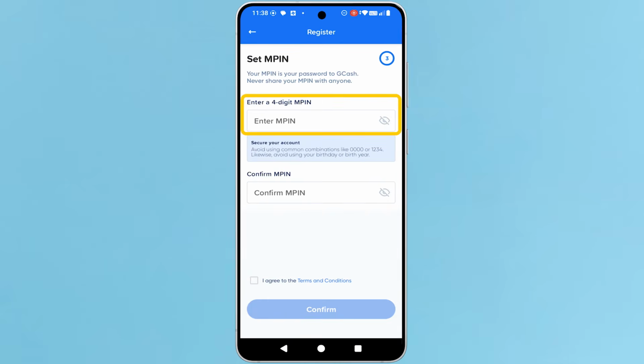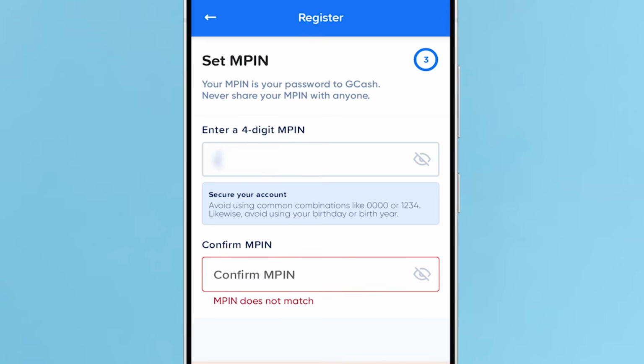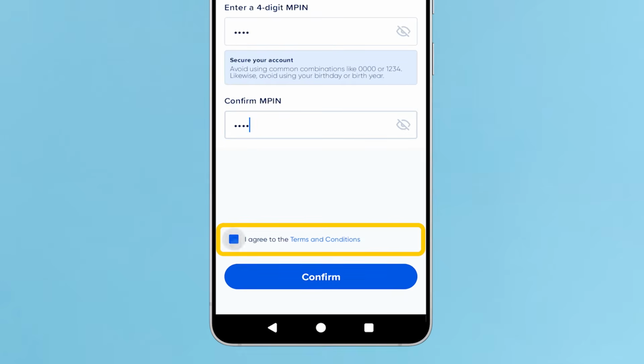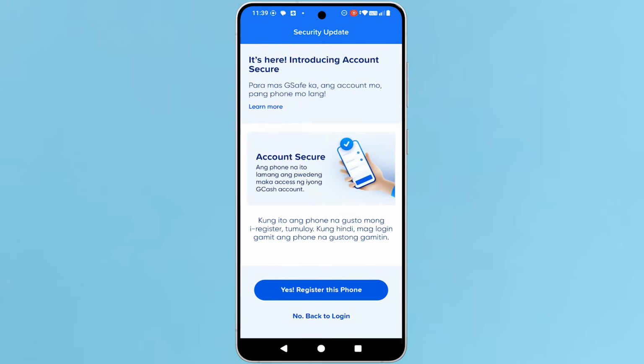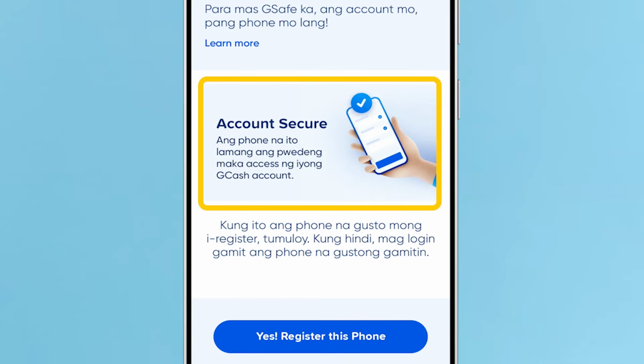Set your 4-digit mobile PIN. This will be your GCash password, so never share it with anyone. Now confirm it. Then tap I agree to the terms and conditions. To proceed, click confirm. GCash now introduces a new account security called Account Secure, with which you can link your GCash